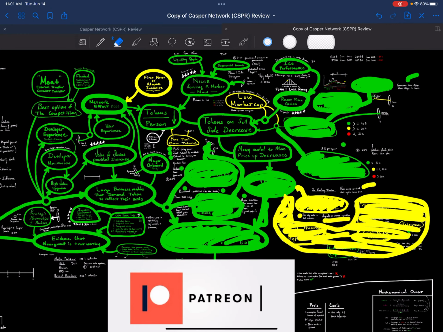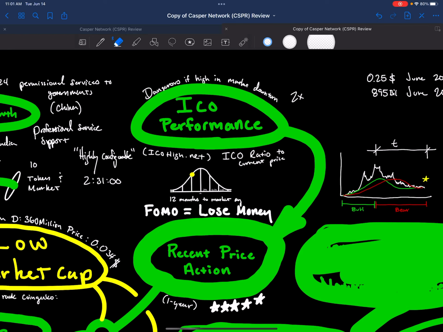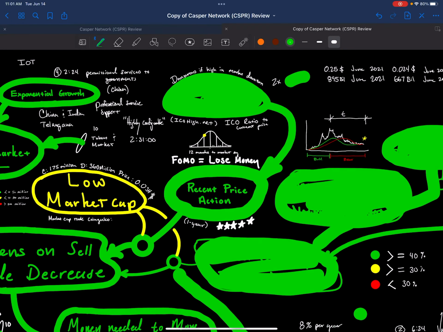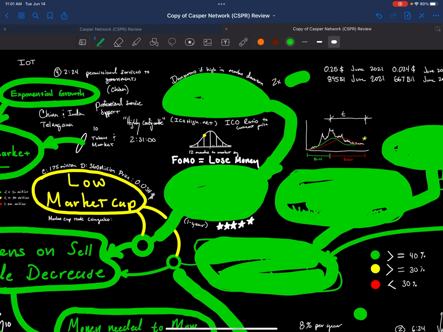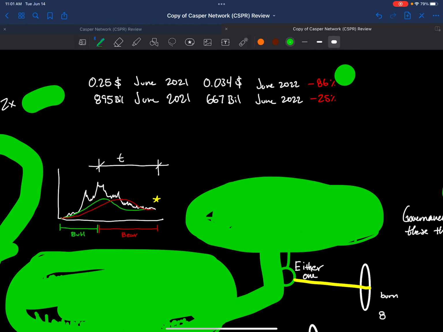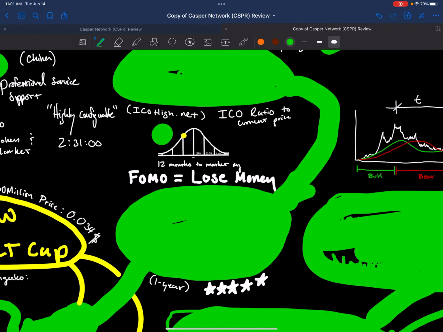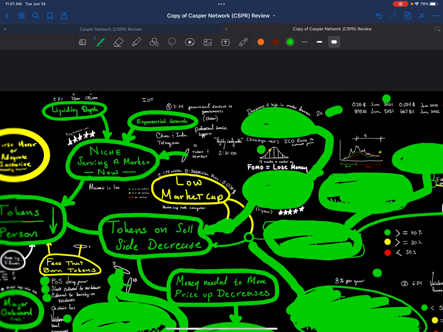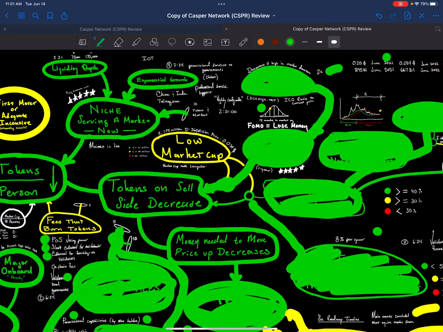All right, let's see here. Okay, so the ICO performance, it's only 2x from the ICO. That is good because we don't want any ICO participants to dump on us. So right now is a good time. We are in a bear market, and so the price performance is green, because when we want to enter a project is when it's down. It is down 86% compared to the average crypto of down 25% since its issuance, which was June. This is the performance that is shown so far. So it is negative as far as being compared to the average crypto, but they launched relatively recently, so we'll see if they capture market share.